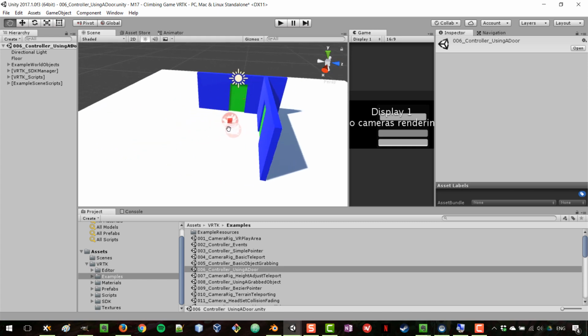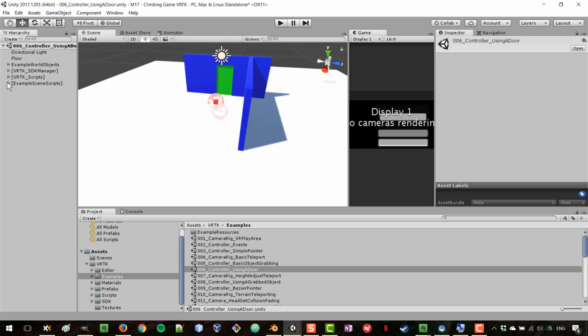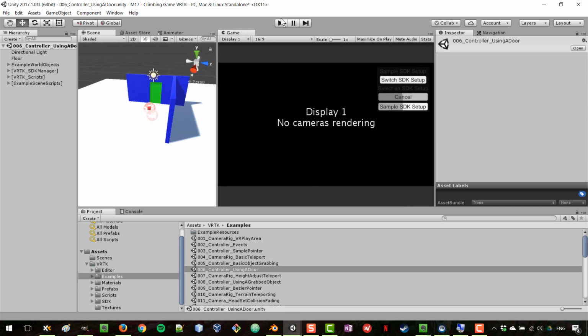Where there is a door and a few elements. So then you can go and explore and see how this is built. You can also run that by pressing play. But what I'll do now is create a new scene for us and show you how a project is organized